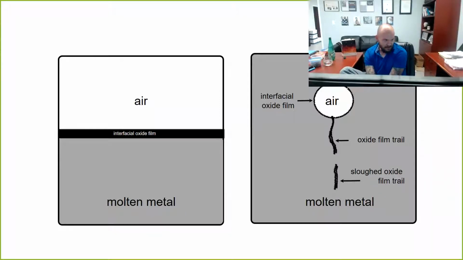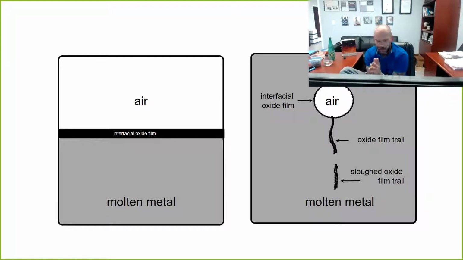Every time you've got molten metal exposed to air, an oxide film forms. Now that oxide film that forms grows atomically off the melt. It's in perfect atomic contact with the melt. On the surface that's exposed to the air, however, it's dry, right? If you looked at it under a microscope, it would look like sandpaper or the surface of the moon. And that oxide film is now perfectly electrically inert. It's a ceramic. And so now you've got molten metal with this little ceramic layer, this little oxide film layer floating on the surface that's completely electrically inert.